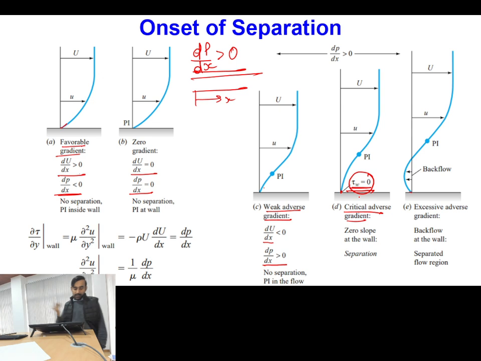Now from our condition we know that del tau by del y at the wall can be written in terms of mu times del square u by del y square. And in terms of pressure, this will be equal to dP by dx, and dP by dx outside the boundary layer region can be written as minus rho u into du by dx. So the second gradient at the wall is 1 by mu into dP by dx, and it gives me the point